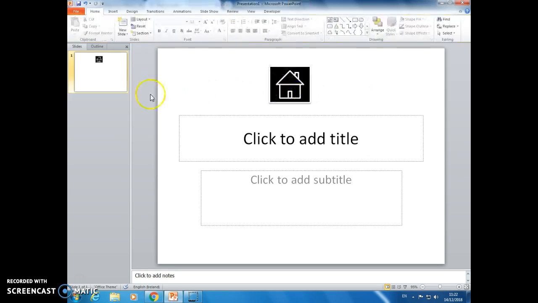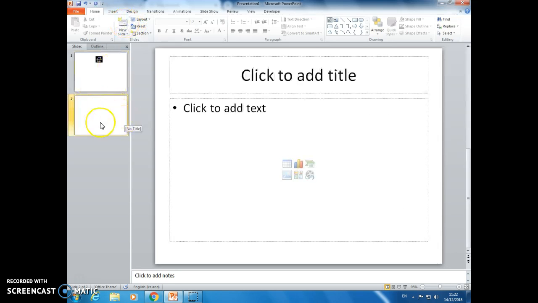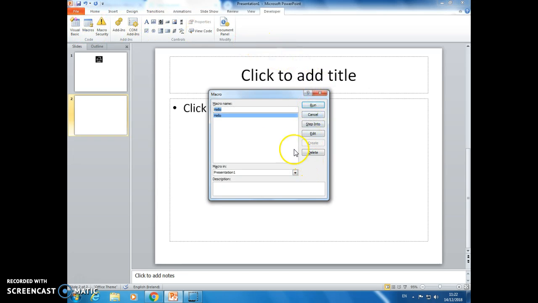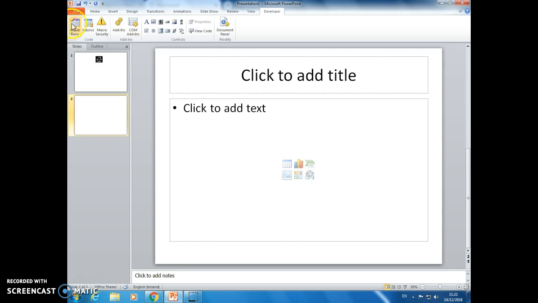Okay. I'm now going to put in a new slide. Now this will be my end slide at the end of the presentation, and I'm going to insert a new macro. So I'm going to go to Developer. I'm going to go to Macros, and it's not going to let me create another macro. Okay, so I'm going to close down and I'm going to go to